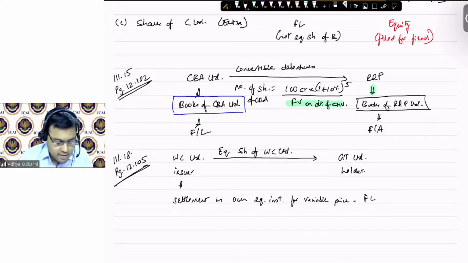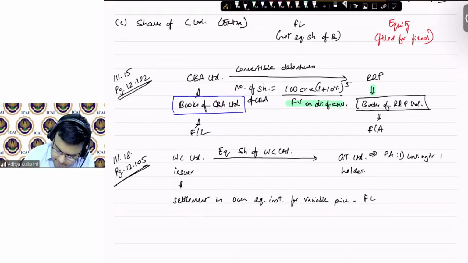As far as GT Limited is concerned, is it going to matter whether it is fixed for fixed or variable? The answer is it won't matter, because what GT Limited is getting is equity instruments of another entity. So whether the price is fixed or whether the price is variable, as far as GT Limited is concerned, this instrument is going to be a financial asset. Why a financial asset? You can think of two clauses: contractual right to receive